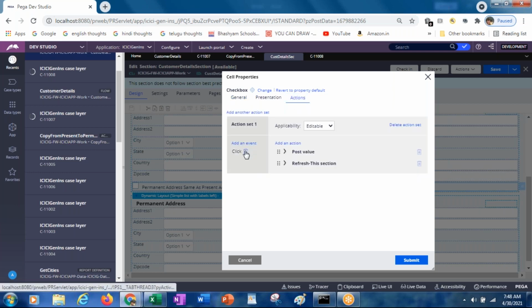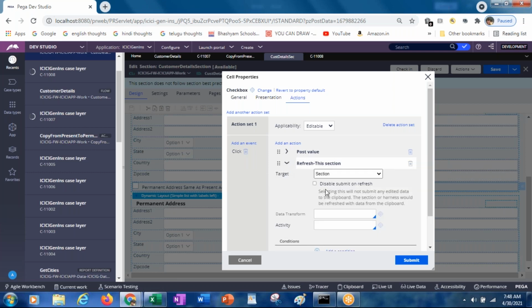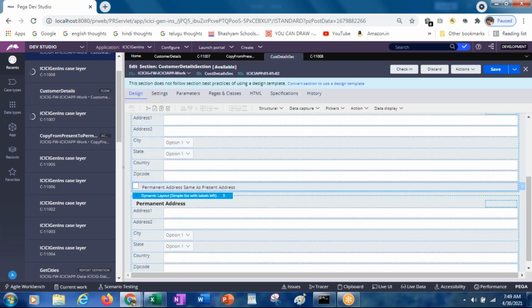Actions. As we have seen earlier, we are doing something called post value or refresh this section. Along with this refresh this section, we have some activity. What is that activity? Copy from present to permanent address. Submit. Now save it.